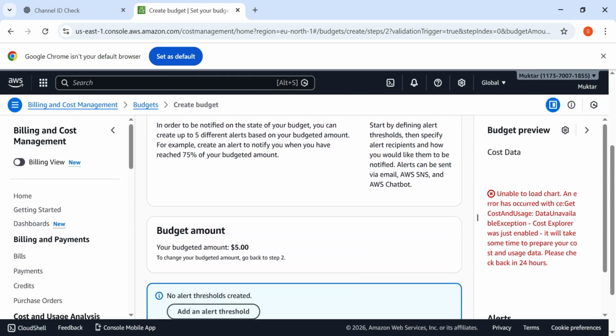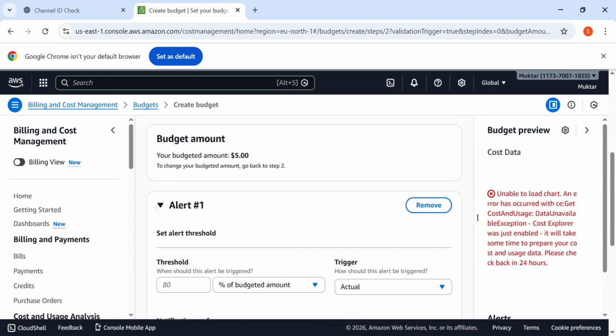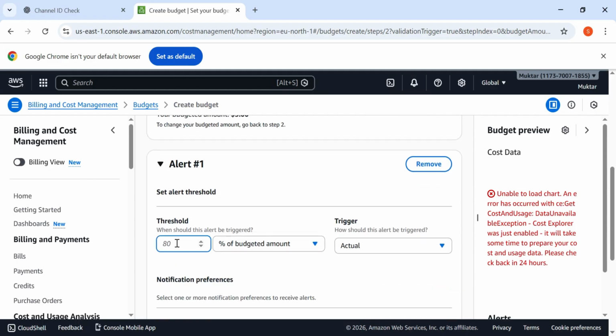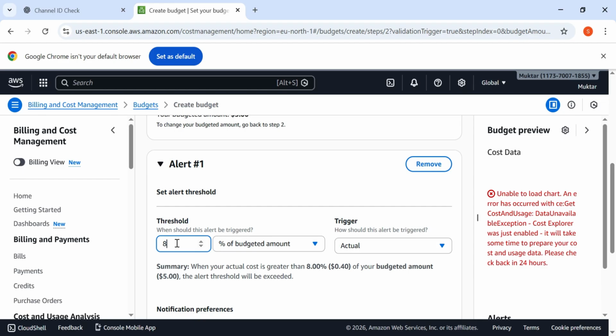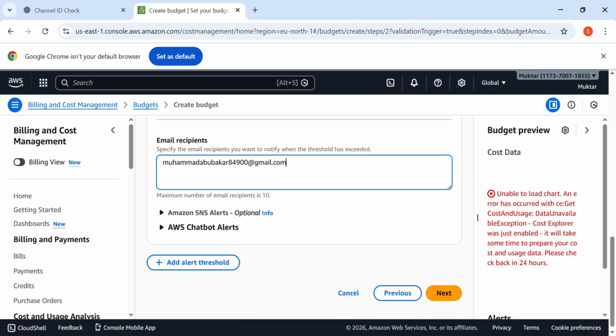After that, you are going to scroll down below. You are going to add a threshold. Adding a threshold means that if you reach 80% of your expected budget, you receive an email. They'll tell you, you have already reached 80% of your expected budget. Are you sure you want to continue, or you are going to terminate all your AWS access? Then you are going to write your email address. I've already written down my email address, and you are going to